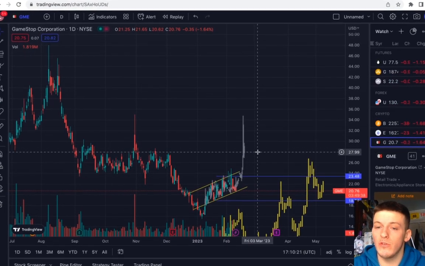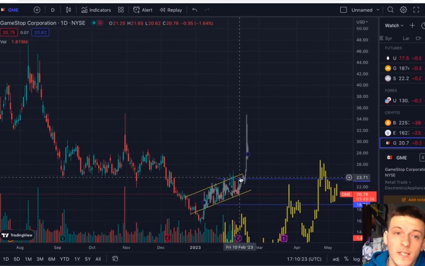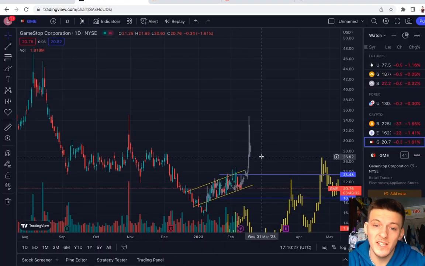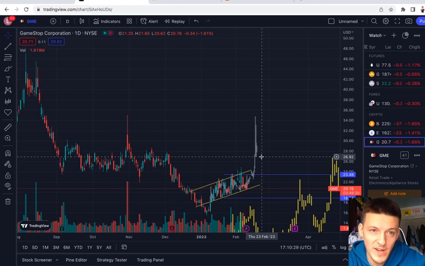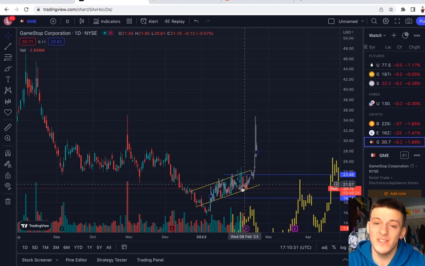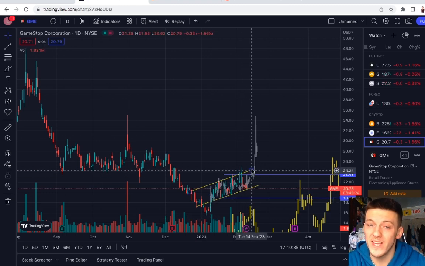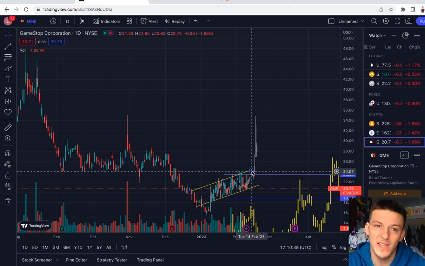GameStop currently sitting around $20.76. It's honestly looking a little bit better than AMC, I'm not gonna lie, besides the volume. The volume isn't looking too good. However, we are getting red days, so low volume on red days is a good thing to see. With that being said, GameStop is still in the parallel channel that it's been trading in, and I assume it's going to scale back up to 24. Still nothing's happening with GameStop. It does move a lot slower than AMC, but as of right now, the technical side of things, GameStop is looking extremely well.